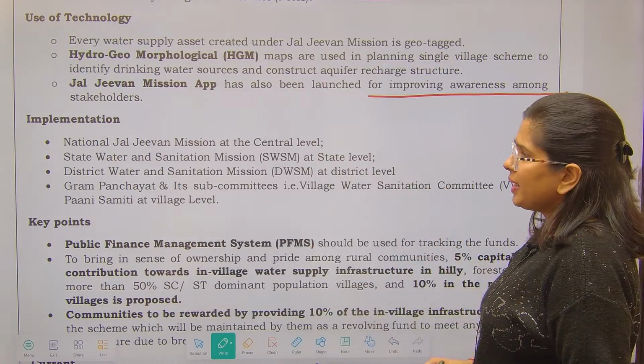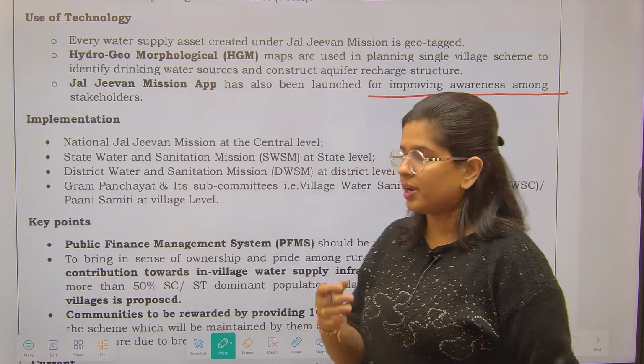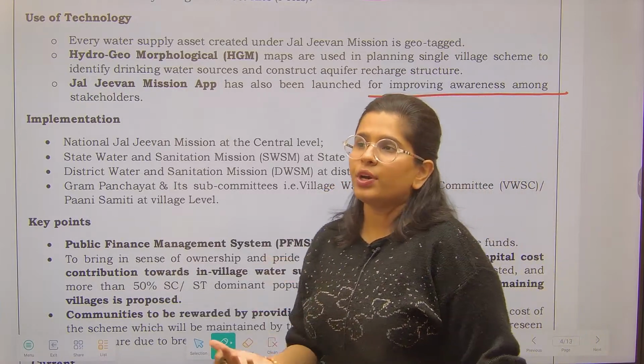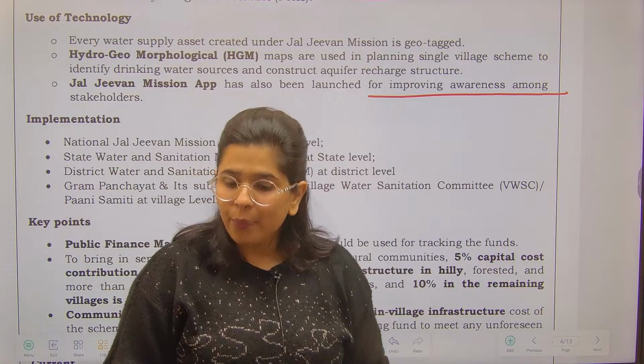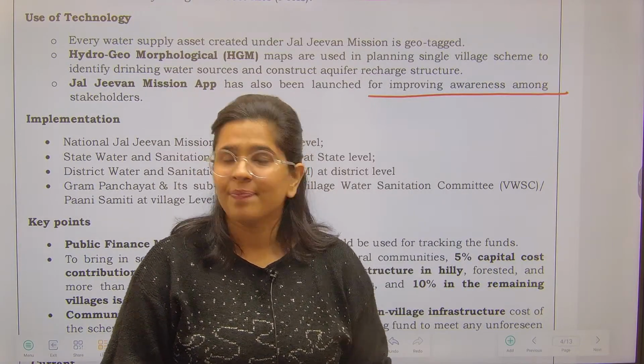Now this is the implementation infrastructure. This is not really important, okay. The implementation related part is not so important for you. What is important for you is the basic features of schemes. Apart from that, what are the components of the scheme, right? So these are the few things that you need to take care about.